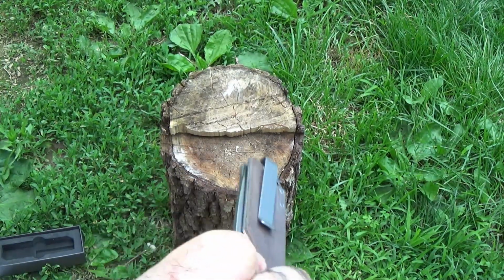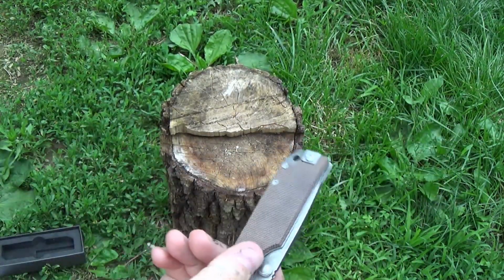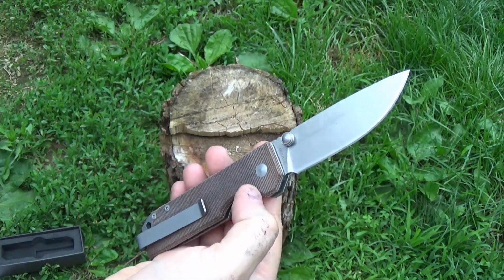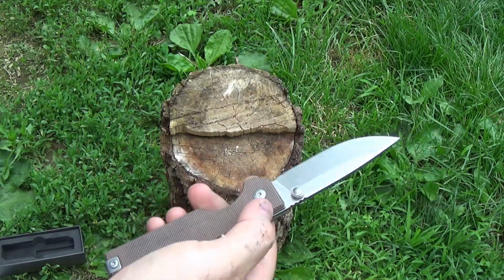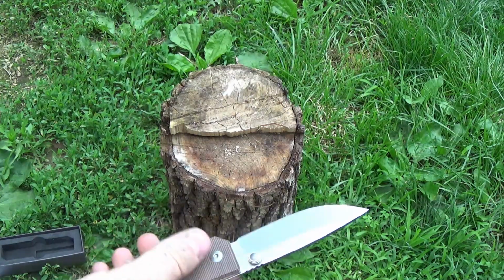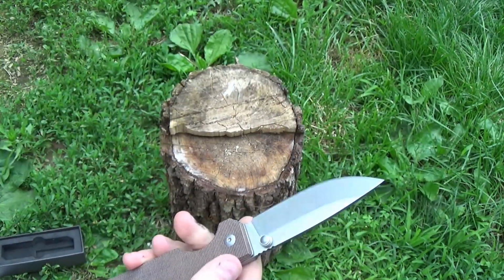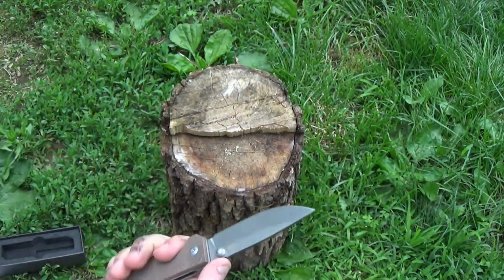I was kind of all prepared to talk about how D2 is flooding the market these days, but made in China. China is in love with D2 lately. Chinese companies love D2 steel, and I don't know why it's such a popular choice. I don't know if it's come down in price a lot lately, or what it is, but D2, which is great for edge retention. Oh, it feels wicked sharp there too. We all know the dangers and the problems with high carbon steel, especially D2, but